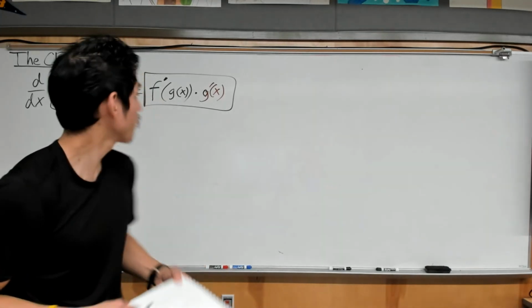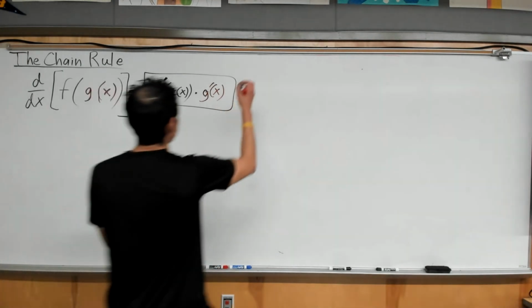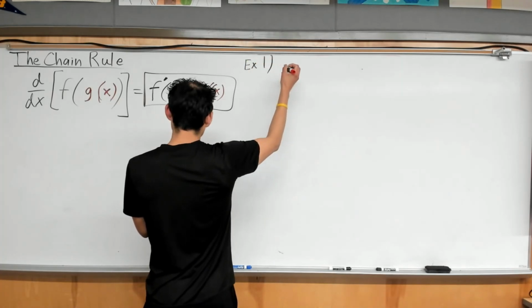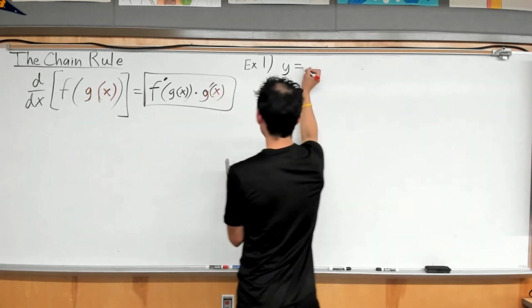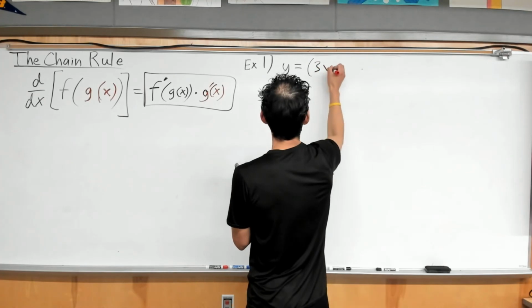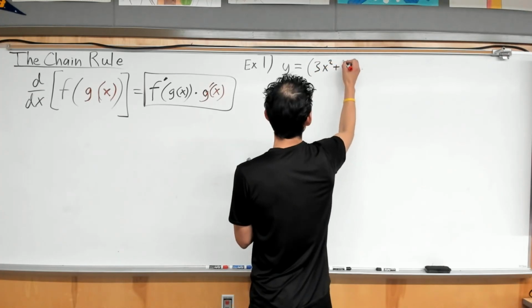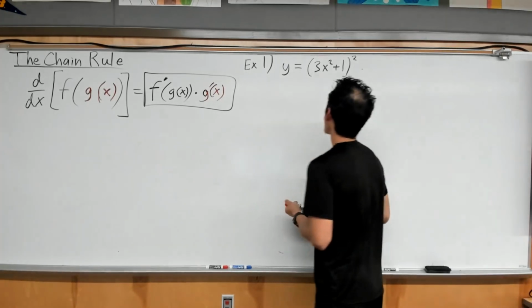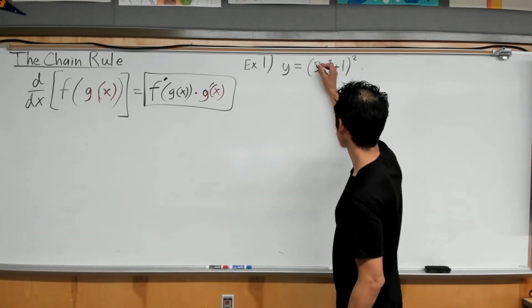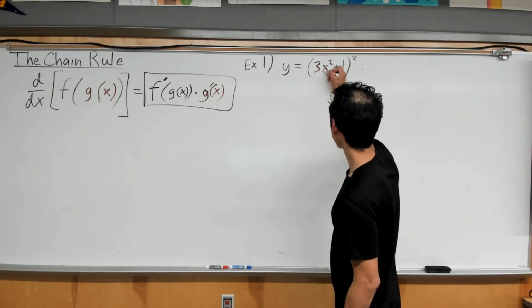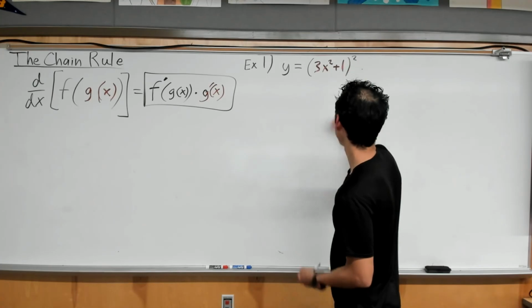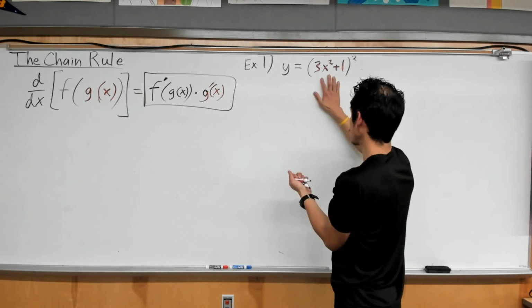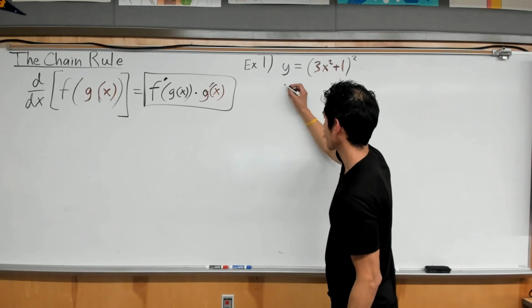For beginning with, let's write this over here. We've got y equals 3x squared plus 1, all squared. So the inside function is this 3x squared plus 1. You have an outside function that's just the squared one, this power, and the inside is this red. So if I want to find y prime,